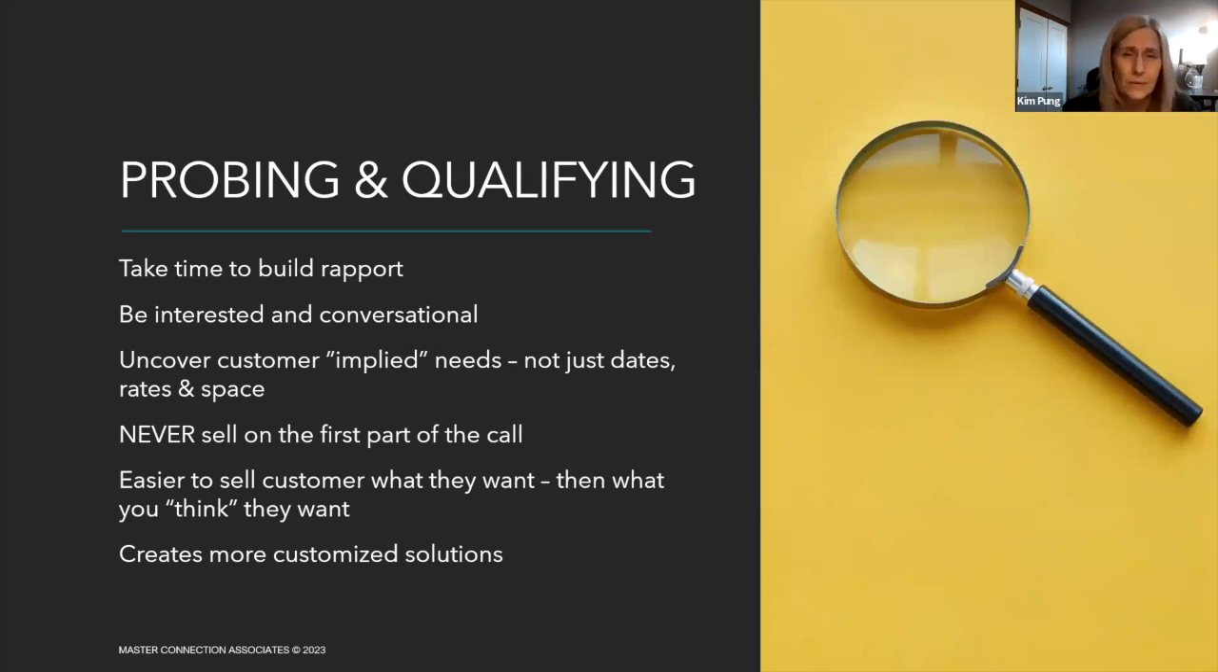So those are the hot buttons, the things that in the end are going to determine success for them, the differentiators of whether or not this program is going to work, or even if we're going to get to convert and book this business. And so we have to go beyond just dates, rates, and space,